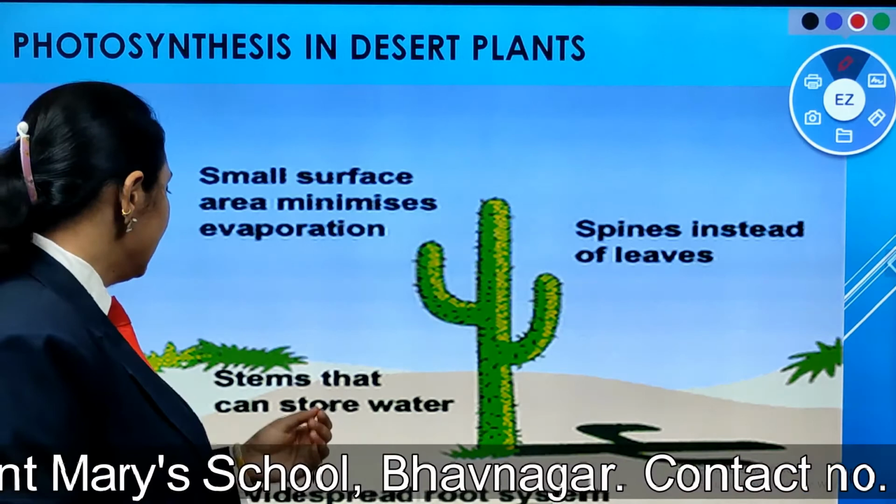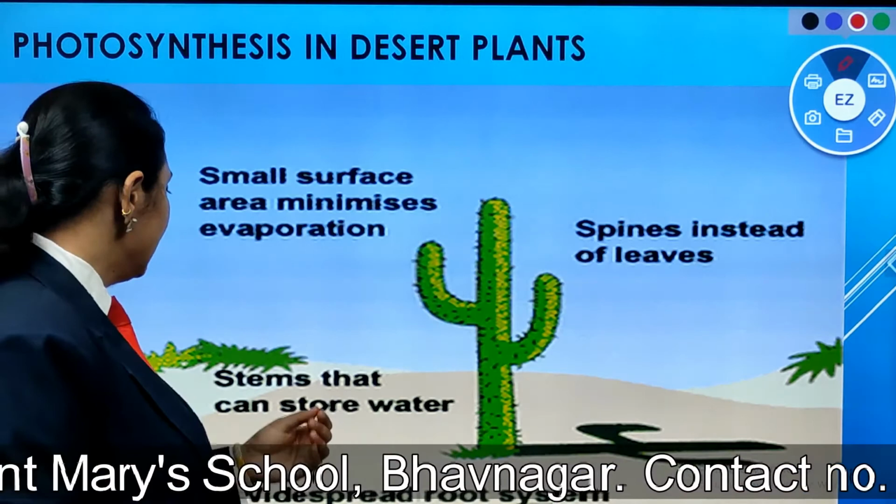Algae is not differentiated into proper roots, stems and leaves. Here we can see, no proper root is there, not even a proper stem. Even then you will think, how is it going to perform photosynthesis? Do you have any idea? Till now we discussed that leaves can photosynthesize, and secondly we got the answer that stems too, in the case of cactus. And now the question is how it is going to perform photosynthesis if it does not have leaves on its surface. Algae's parts are not differentiated into roots, stems and leaves.